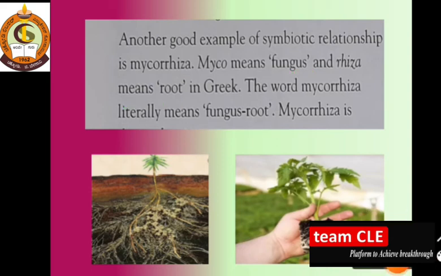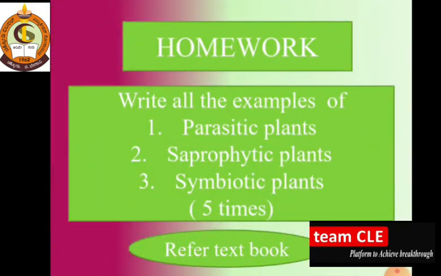So just look at these images. Here around the tree, see how the extra roots are developing. In a similar way, these plants also have some extra roots, which are not necessary. So it is nothing but the fungus root. Now, dear students, we have already covered the symbiotic and the saprophytic plants. So from the last video and today's video, you have to collect all the examples of parasitic plants, saprophytic plants,